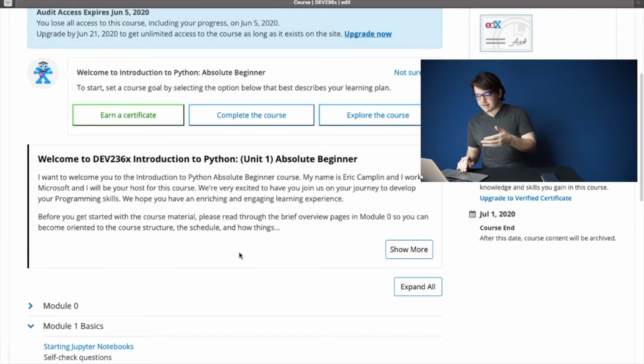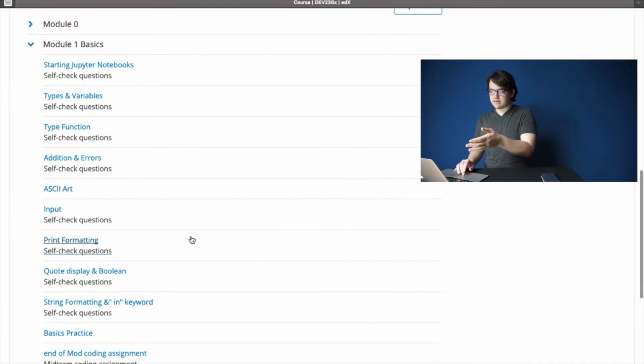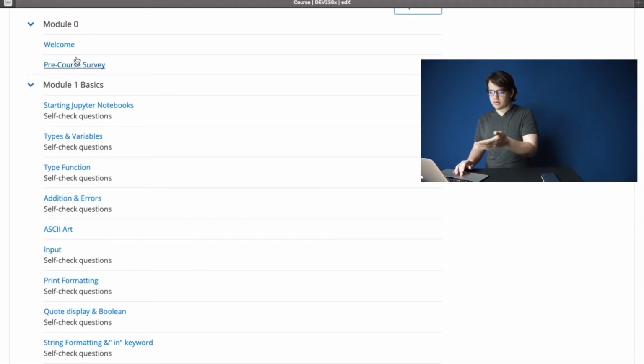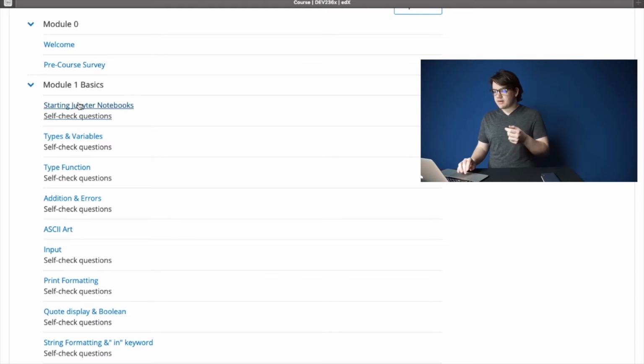Here you can see the modules, module 0, which is welcome and pre-course survey. If you decide to use this edX platform, then you can check this out. I don't think it's necessary.